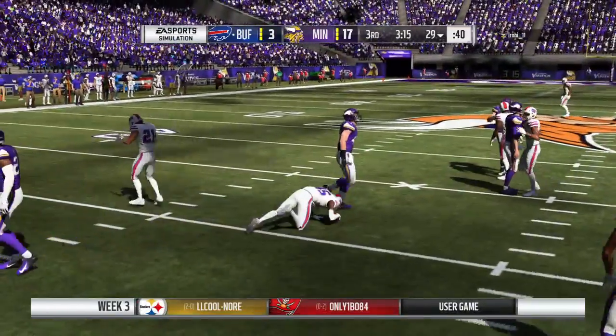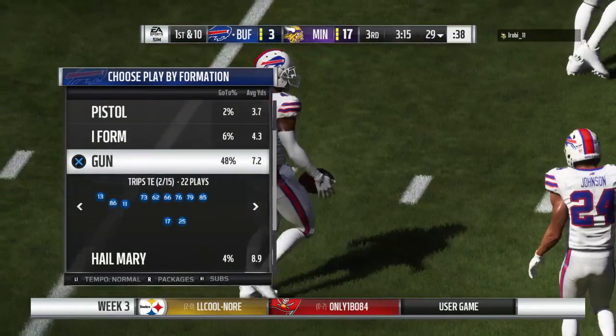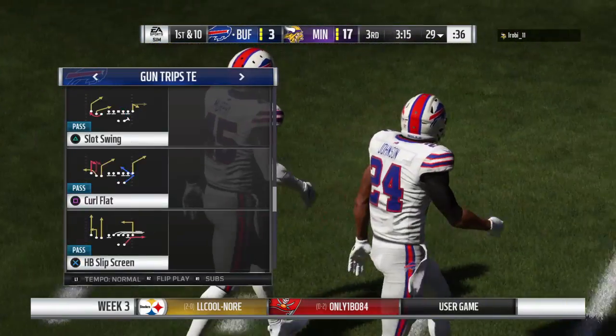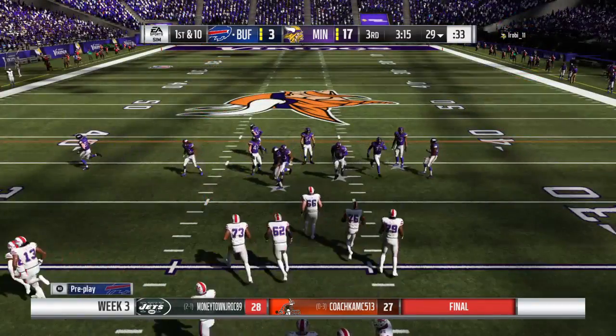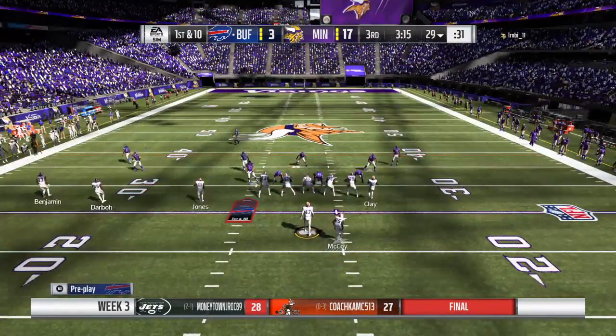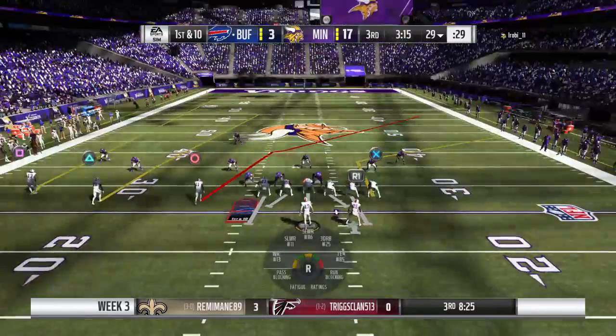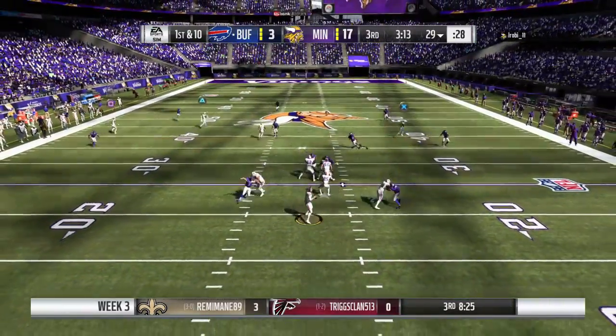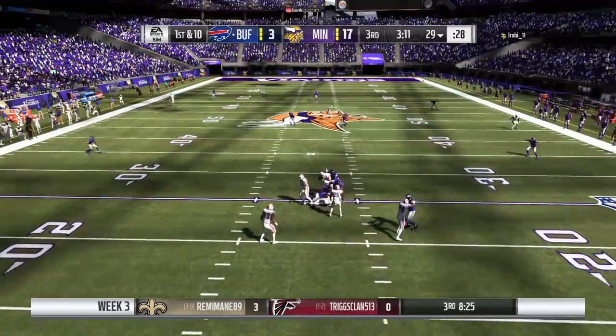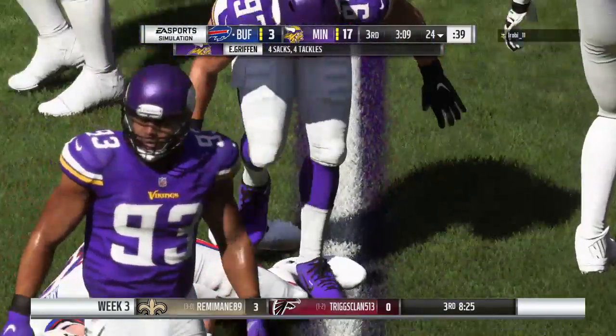A nice job on the return there, 16 yards. And the Bills will take over the football with a 1st and 10. The Bills offense coming out, ready to take over. And on the last go-around, they really couldn't get anything going. They had to punt from deep inside their own territory, which means you're going to lose the field position battle as a general rule. The Vikings after it, and they get there for the